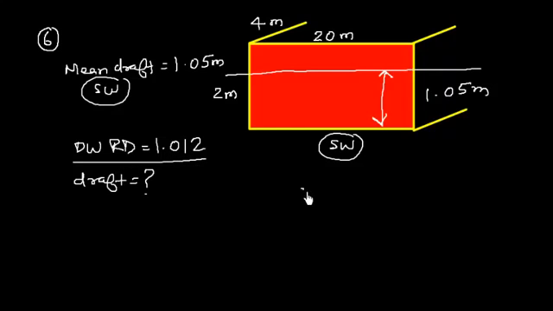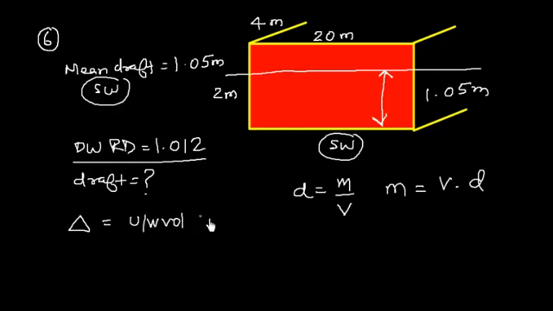Well, we know that the density is equal to mass over volume. So the mass is equal to volume into density. So instead of mass, I can use the displacement, which is equal to underwater volume, and instead of density, I can take relative density. So in case of salt water, the displacement is underwater volume, and in salt water the underwater volume is this one,